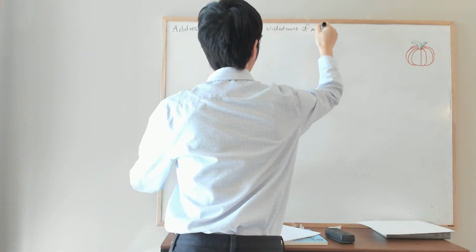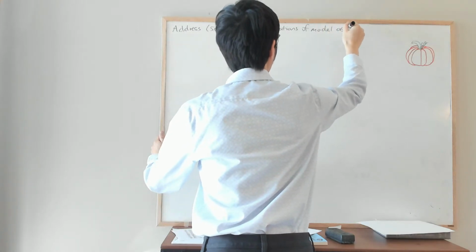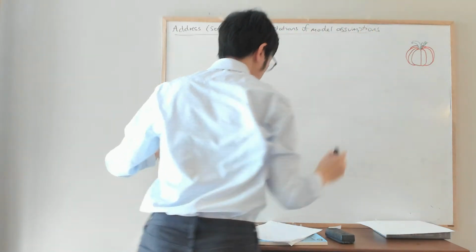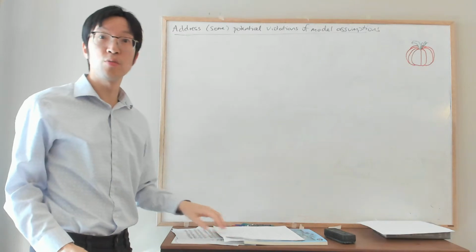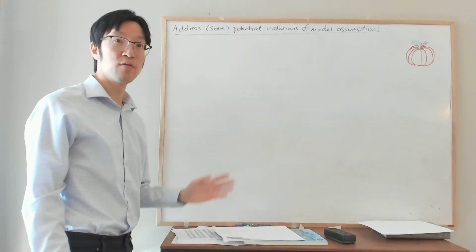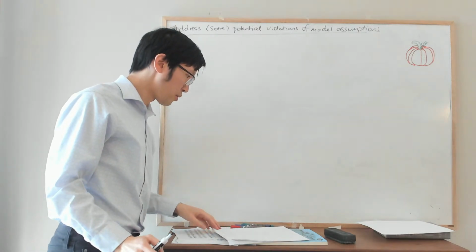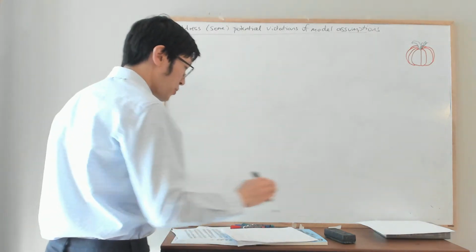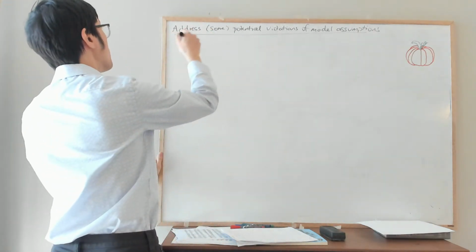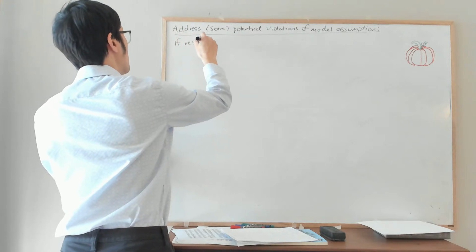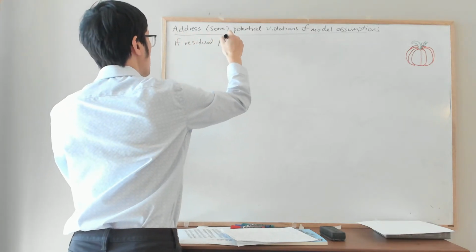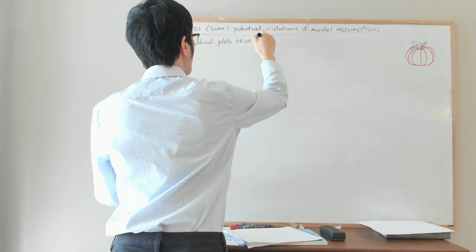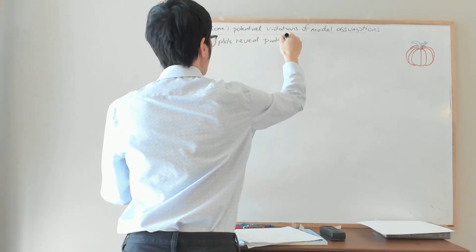The key point of the residual plots is they give us some idea of whether there is a good chance that there is a problem with the model, and so let's talk about some ways we could address some of those concerns. So, if the residual plots reveal problems with the assumptions,